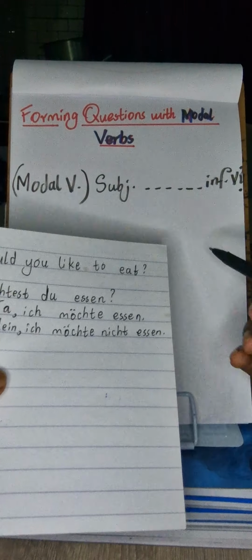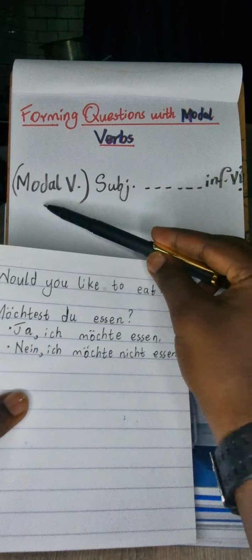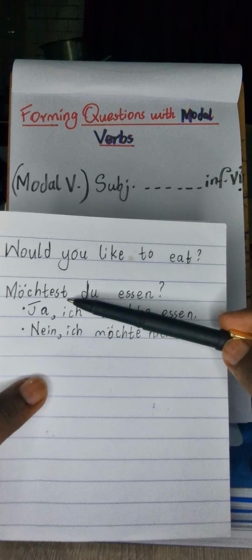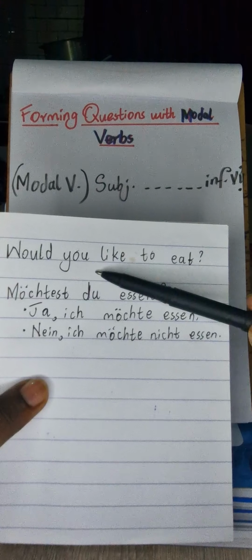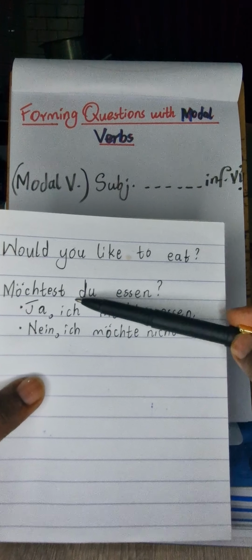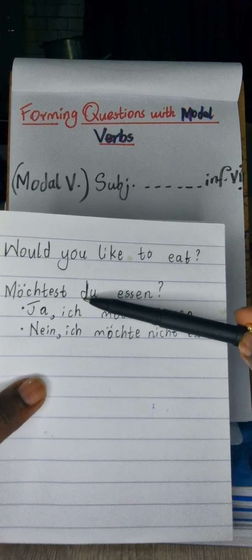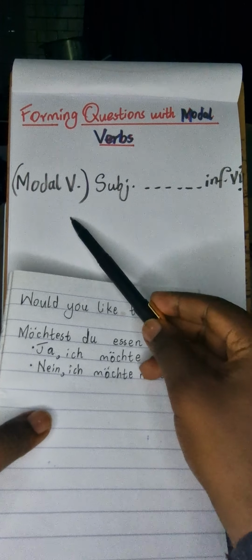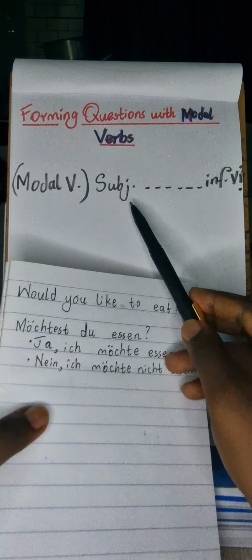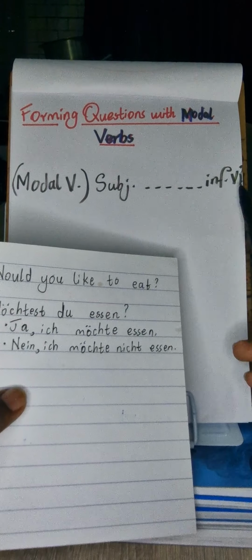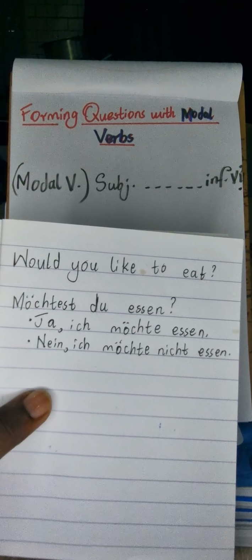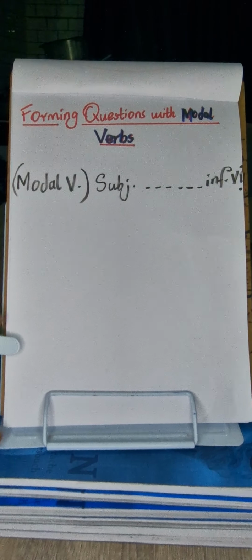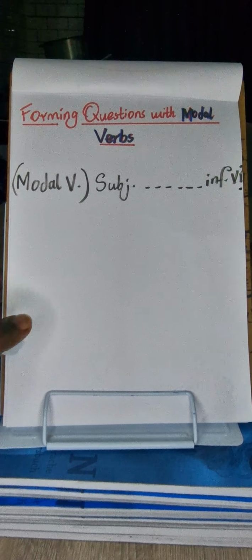All right. So my emphasis is that you begin with the modal verb, that is our möchtest, and you can see this modal verb will take different endings depending on your subject. What if it was Sie? You would say möchten Sie. So you can see it's modal verb möchtest, then the subject du, and at the end the infinitive verb essen. Okay, so I want to give you 2 more examples, and then I'd like you to go ahead and form some other examples using modal verbs in this manner, right?